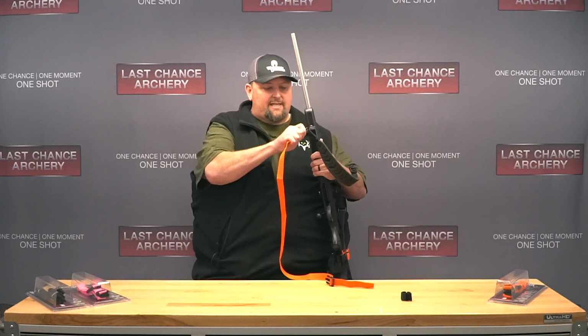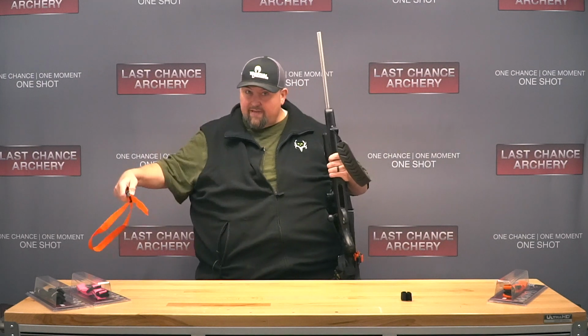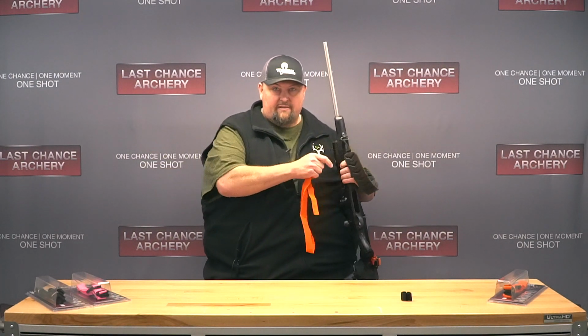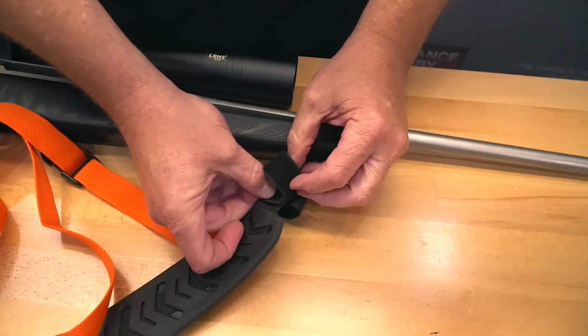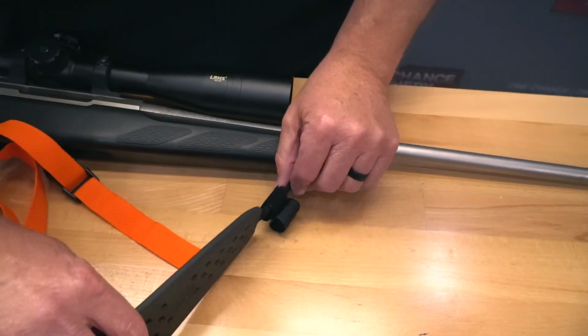When you get to your destination, you can unclasp it. You can put this in your fanny pack, or you can roll it up and connect it to your keeper on your sling if you like. This is the keeper. Now it's optional, but we've included it in there because some people may want to keep up with it. Most people actually put the Slingmate in your backpack, but if you want to keep it with your sling,